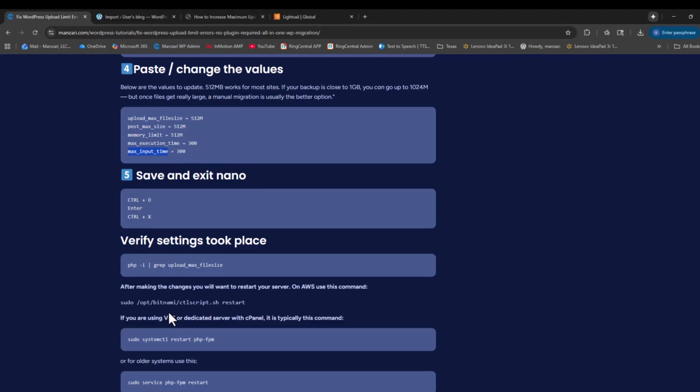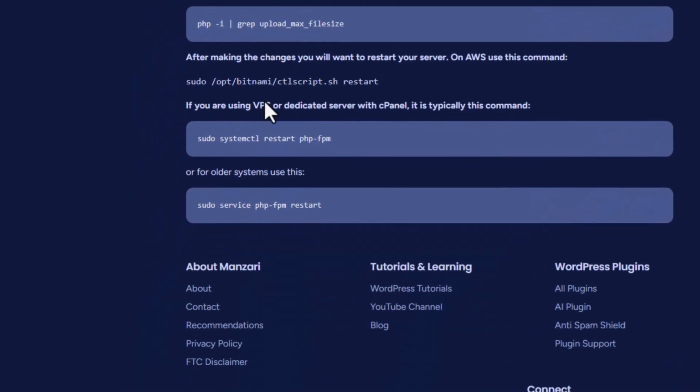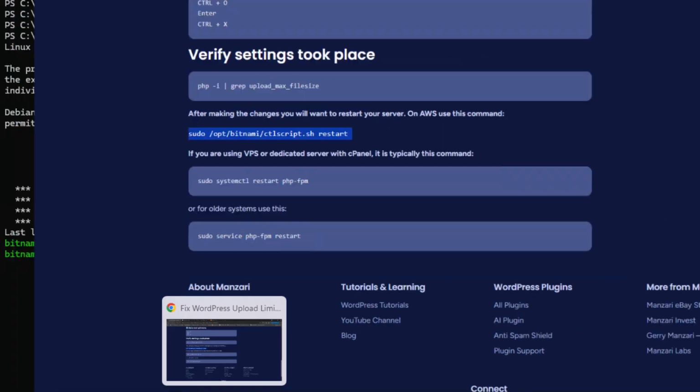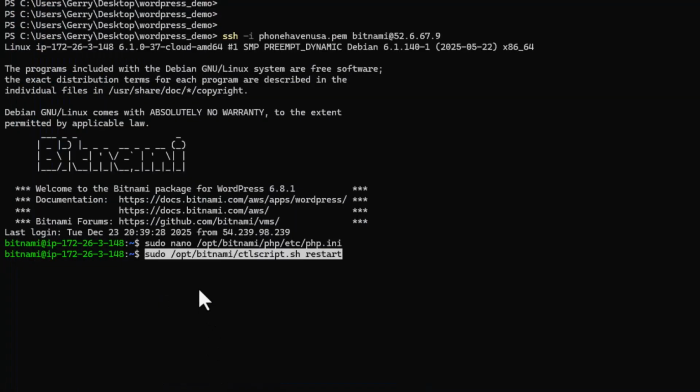Now the last step you're going to want to do is you're going to need to restart your PHP services. For AWS, it's going to be this sudo, and then the path to the script that we're going to use to restart PHP. If you're using a VPS server with InMotion or HostGator, it's typically going to be this command right here, or if you have a really old server, you might want to use this one right here. So I'm going to use this one since I'm using AWS, and we're going to paste that in, push enter,